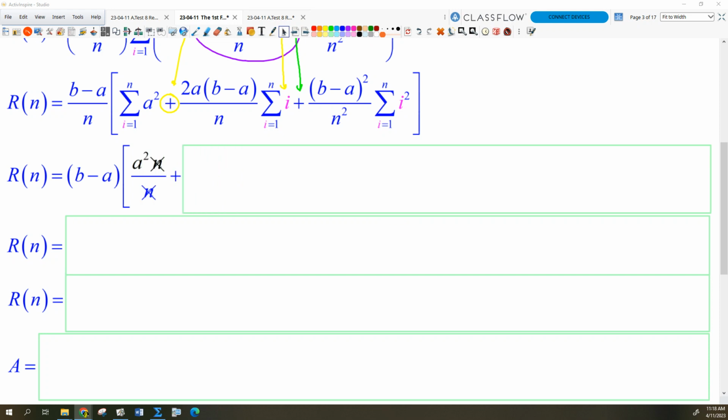So that's what we get from our first term. The sum of a squared just becomes this. I'll try to link these together here a little bit. So let's see, the sum of a squared just becomes that, a squared times n, right? But I've got this n on the bottom then. If I multiply through by this factor that's out front, I've got this n on the bottom, and